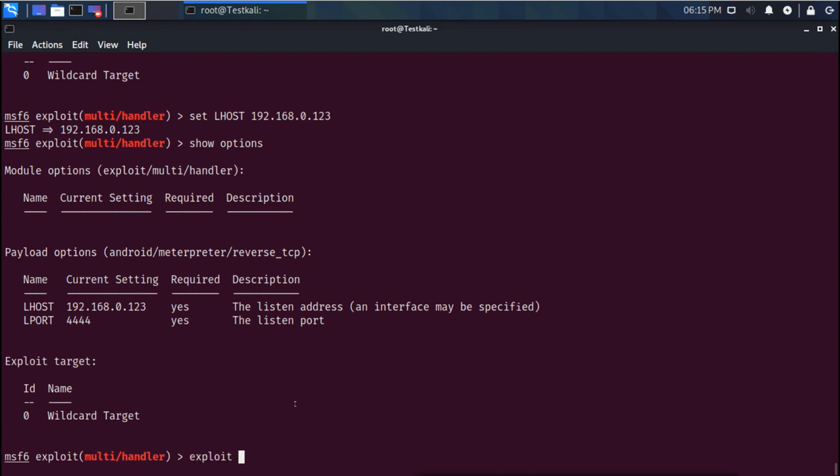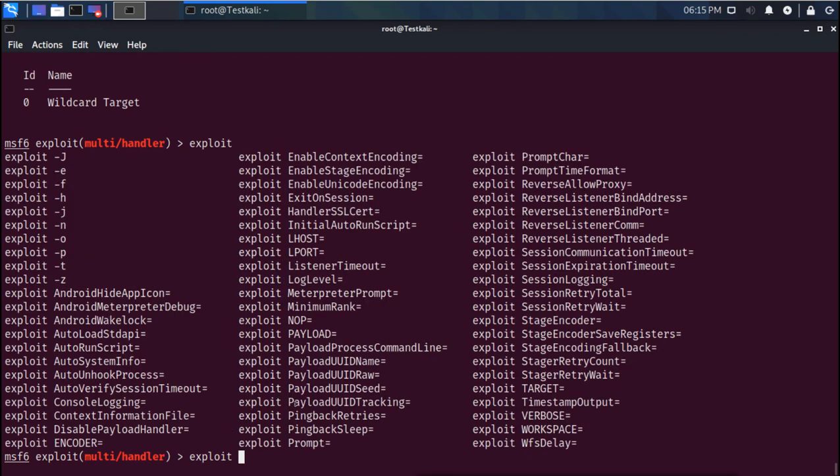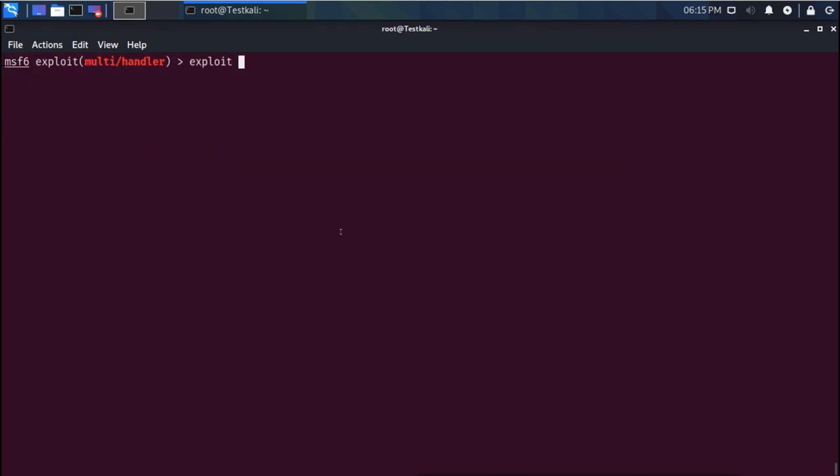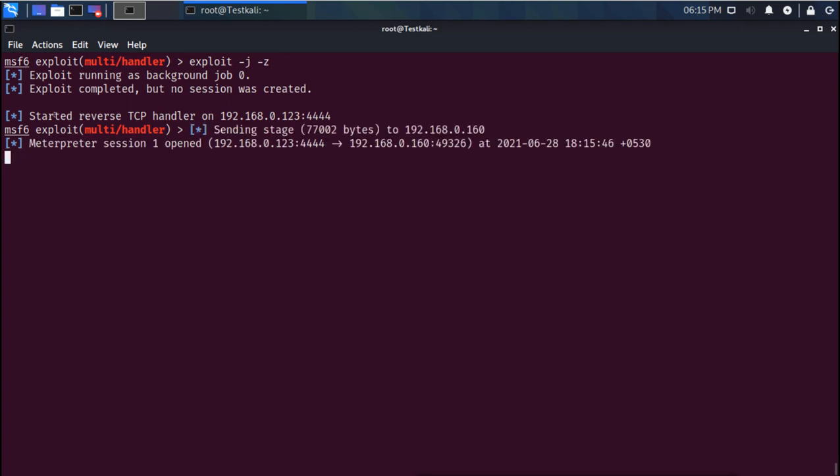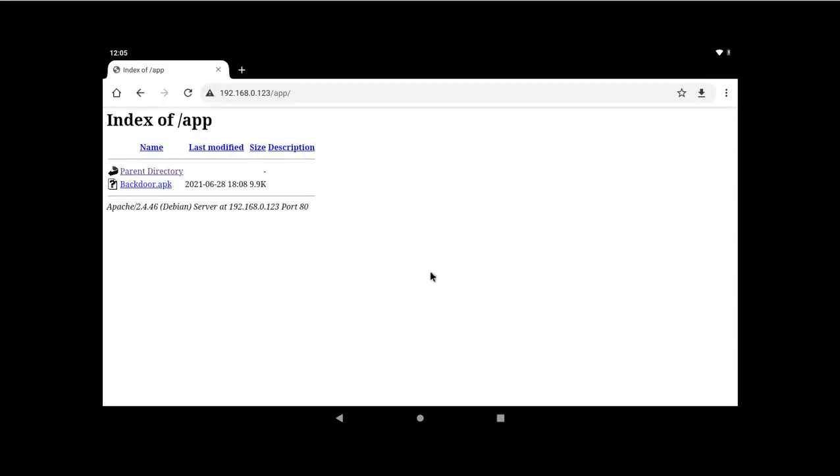So I'm going to use exploit -j for running it in the background. So it is running in the background. We can see it is started in the background, and now on the Android mobile we will open this.